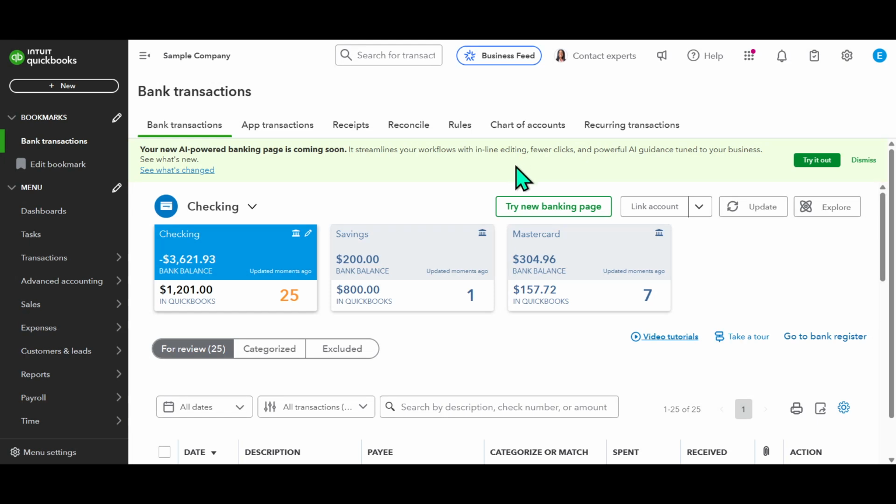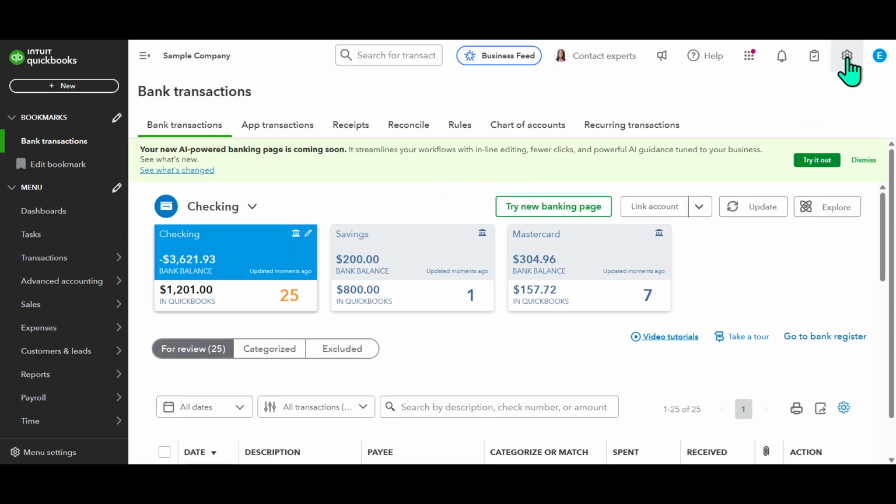In today's video, I'm going to teach you about the advanced settings and other defaults in QuickBooks Online. If you're looking to customize your QuickBooks experience, this is an essential part of tailoring the software to meet your unique business needs. So let's dive right in and explore how you can navigate these advanced settings to optimize your